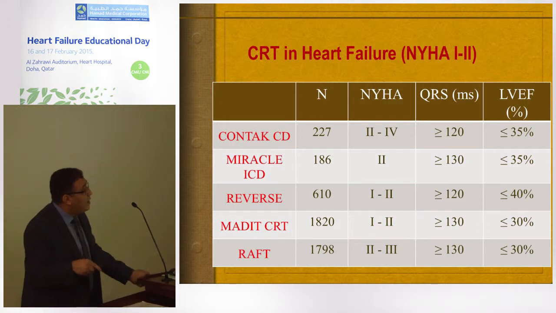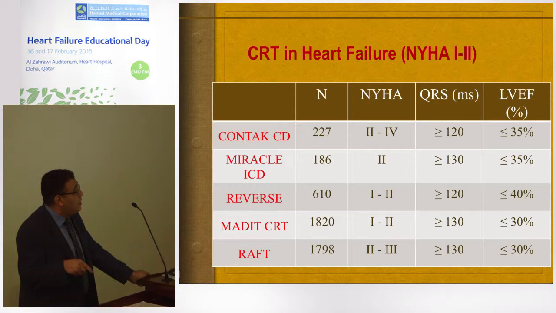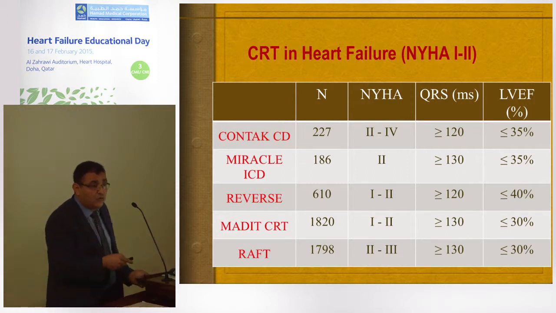So there have been trials like MADIT-CRT and RAFT. I was one of the fellows who took part, it's a Canadian study. Again, they were in favor even with early, mild to moderate symptoms of heart failure. If they fulfill the criteria, then they should go for